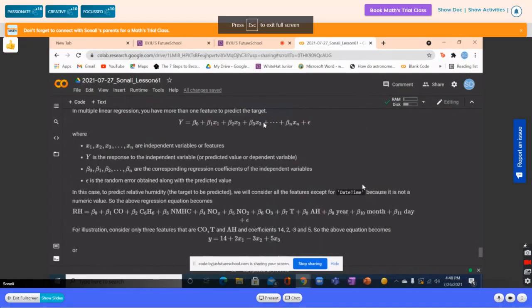Getting my point? And why are we doing it? Because we want to check the error analysis for each of the independent variables. Right now we consider the two feature variables, the temperature and the relative humidity. If we consider three feature variables, suppose your CO, T and AH, and the coefficients are 14, 2, minus 3 and 5, what will be the equation? Just replace the coefficients with your x values, y is equal to